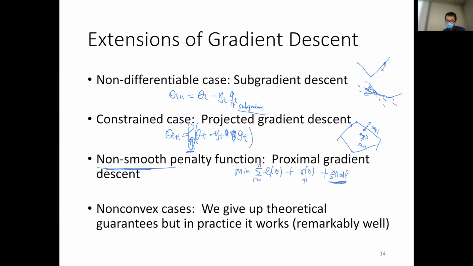So you can view this from the Bayesian point of view as encoding the information of the prior, or you can view it from the frequentist point of view as additional structure that I'm betting on to get a better bias-variance trade-off. For instance, when this R is an L1 norm, it induces sparsity, and that allows us to solve the